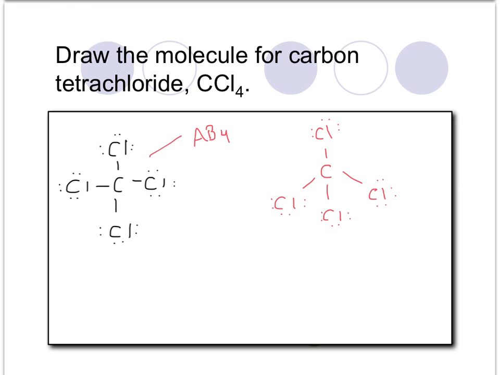So let's go ahead and draw in the dipoles. In this case right here, you can see that both chlorines are going to be more electronegative than the carbon, and that'll be the same in the north and the south position as well. Because these bonds are all the same, their dipoles are of the same strength, and all the dipoles are moving in opposite directions. So you can see that this one's moving right, and this one's moving left, so they cancel each other out. This one's moving to the top, this one's moving towards the bottom, so they cancel out as well. So even though this molecule had 4 polar covalent bonds, the dipoles canceled out, and it is considered a